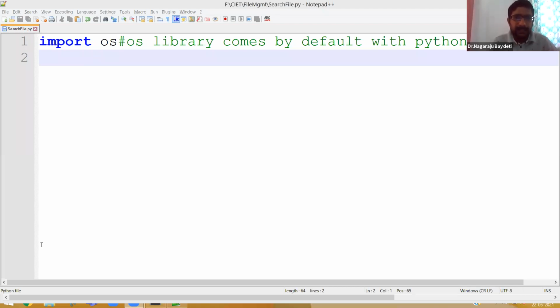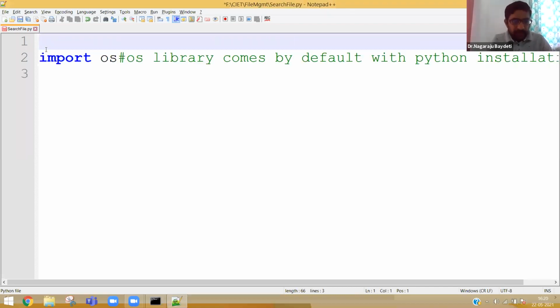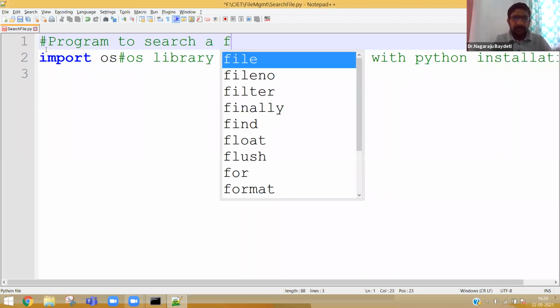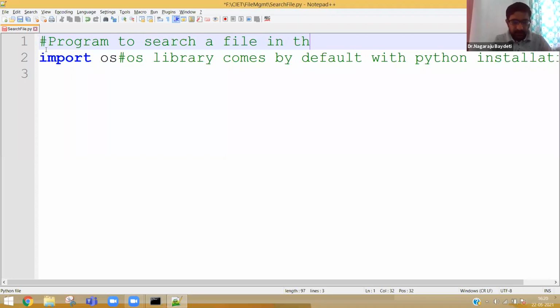I may not be able to explain all the methods in OS, but for basic file management, I am going to explain the methods available. For example, this program to search a file in the current directory.